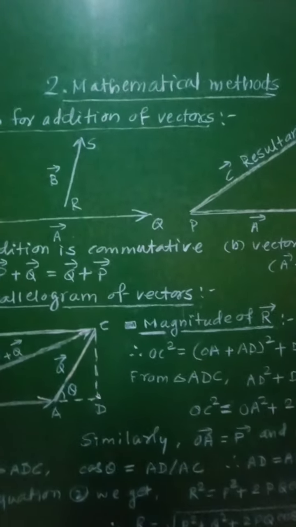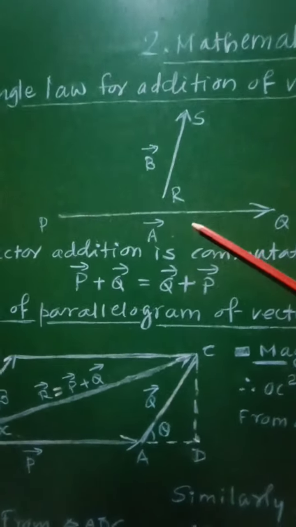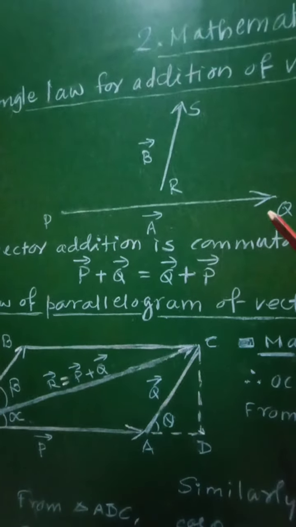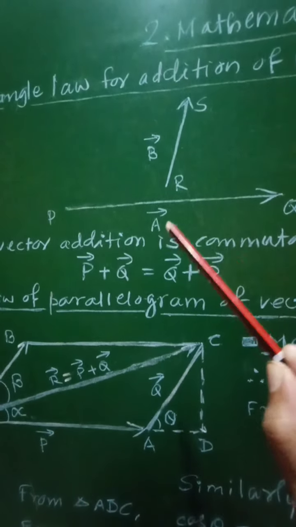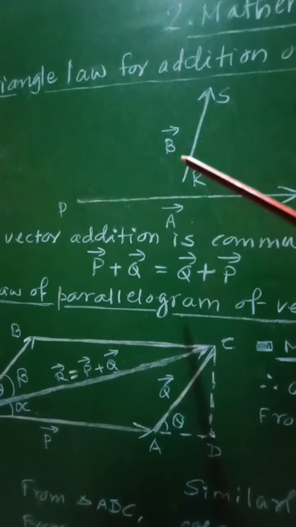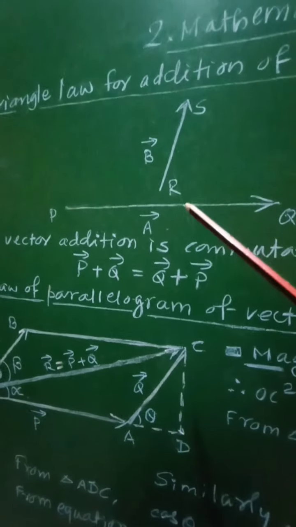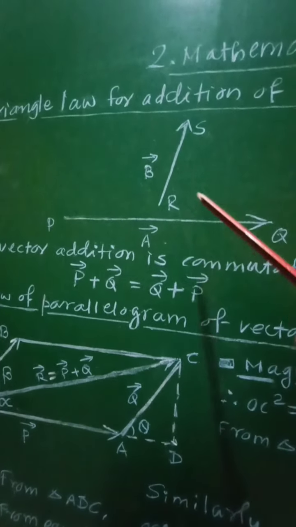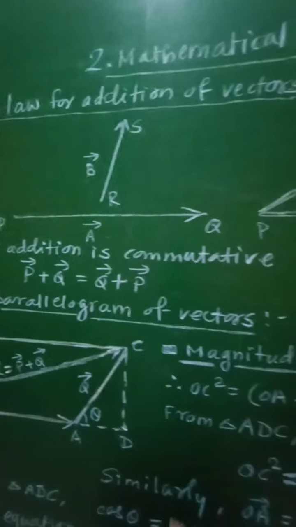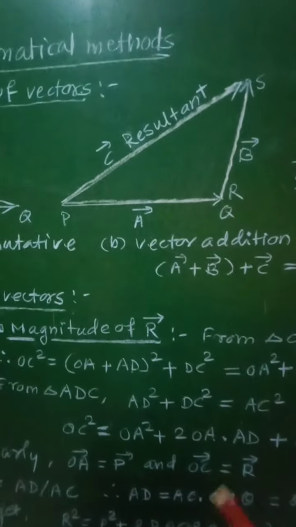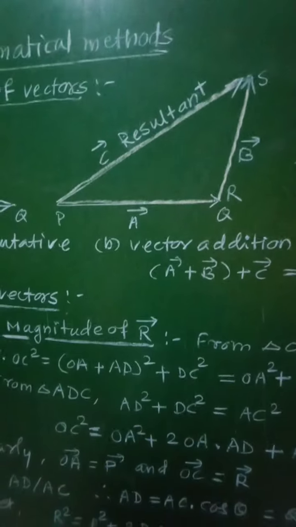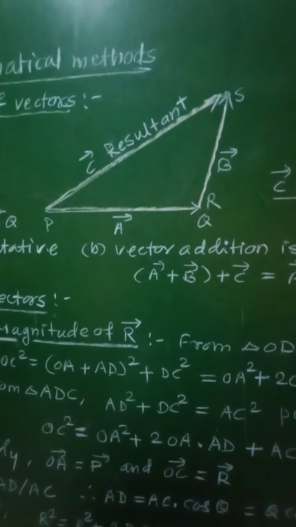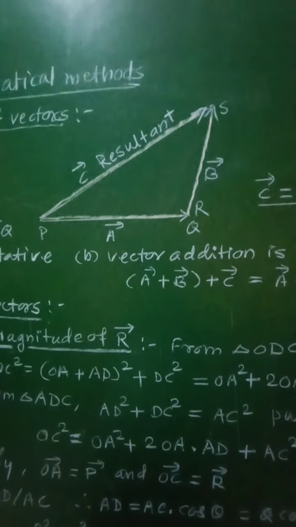So, in order to explain this law mathematically, let us consider two vectors. PQ represents vector A and RS represents vector B. Now, these two vectors are describing the same physical quantity, and now we will have to add them with the help of this triangle law. Just now we have seen the statement, and in that statement these two vectors are taken in order. Now what is actually the taken in order condition?